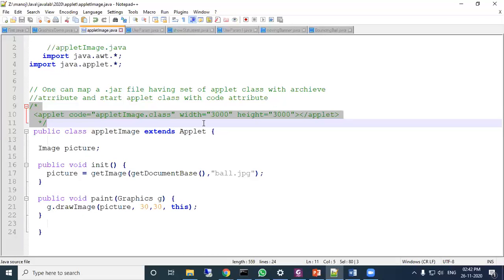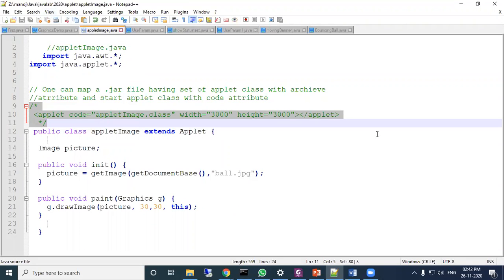Suppose here AppletImage.class, then width something, height something. These are the values which will be passed, and the applet will call this class file. This class file is created after compiling this Java file.